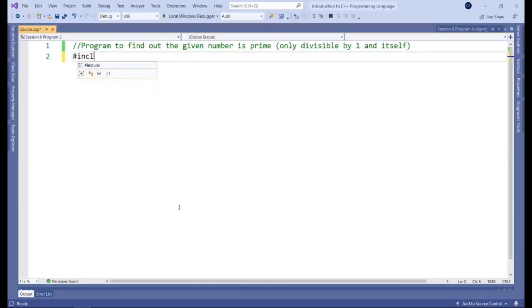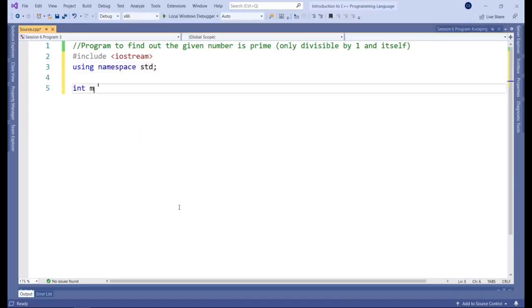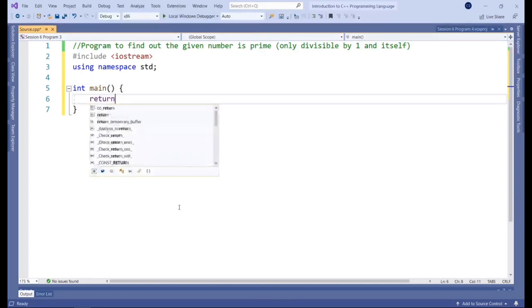And we're going to need our preprocessor of iostream because we're dealing with input output. We're going to need our namespace declaration. Okay, and then we get into our main function. We have the return type and the name of our main function, make sure it's not capitalized. And then we get into the body of that function. We are returning 0 towards the end of it as always.